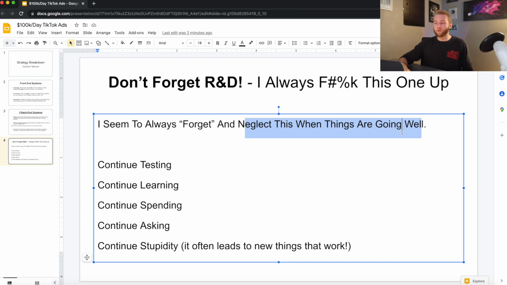So when I say we, that's what I mean. And it's not like the biggest operation, but it's something. We're working there, right? But I definitely neglect it when things are going well. You want to continue testing, continue learning, continue spending more money on stuff that might not work, continue asking questions,